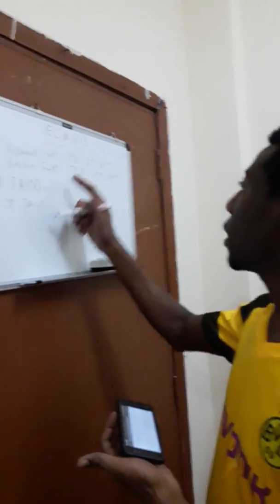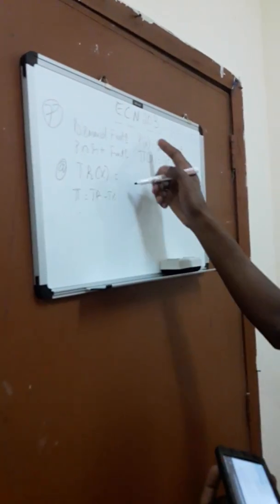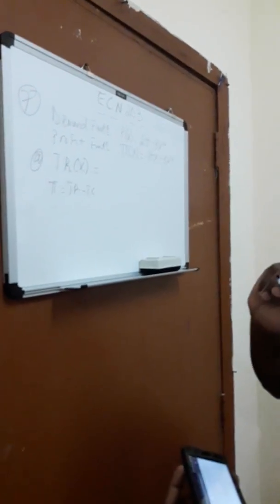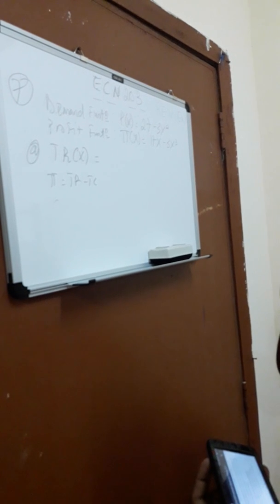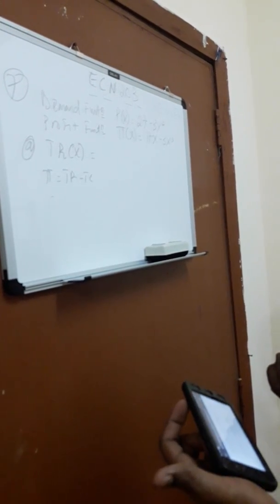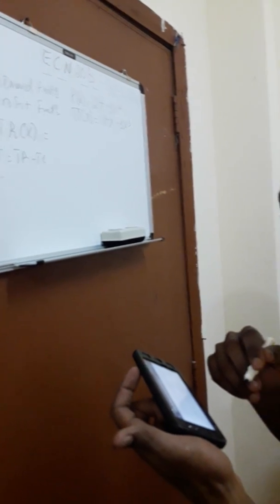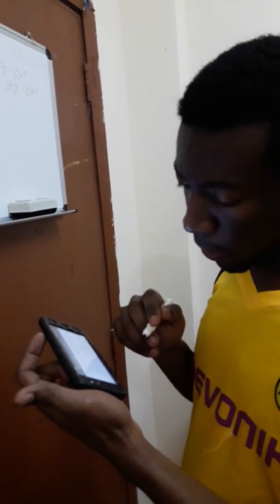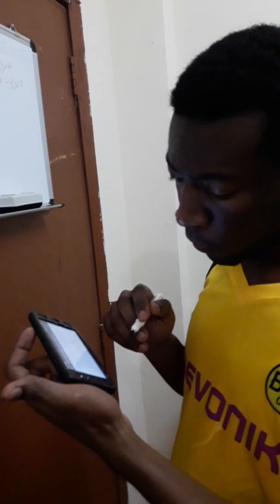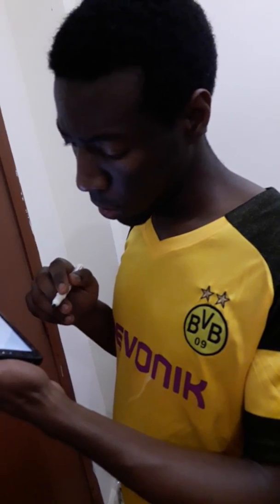And the demand function here shows the price, so you need to multiply all of this by the quantity, okay? We need to multiply all of this